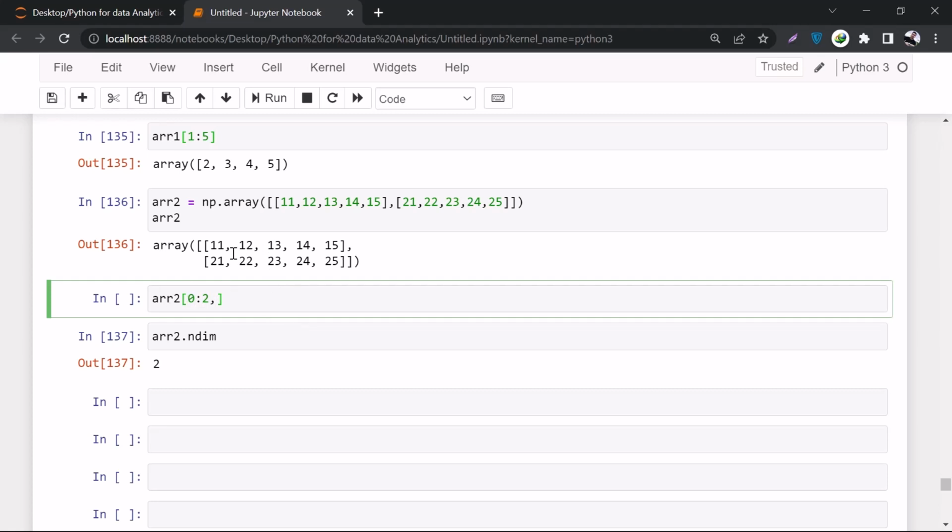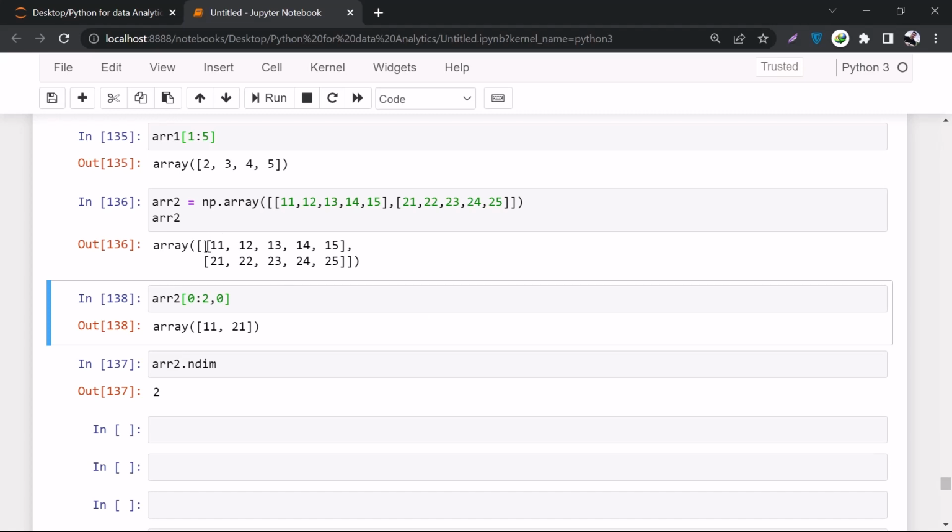Okay, so now let's talk about the columns. This is the row dimension, and here we'll be talking about the columns. So we are getting these rows, and now we have to talk about the columns. We need to get these columns from only this row, or only this row, or both of the rows. So let's get it from only the first row. I'll put 0 over here, that is my first row. If I run it, you can see I got 11 and 12, right? And if I make it 1, I'll get 12